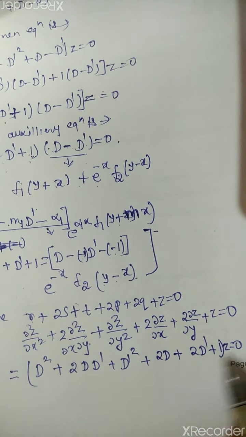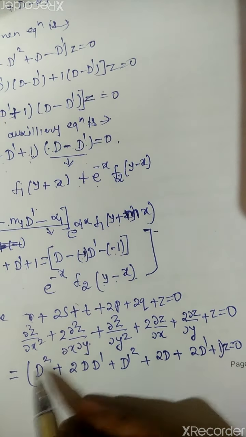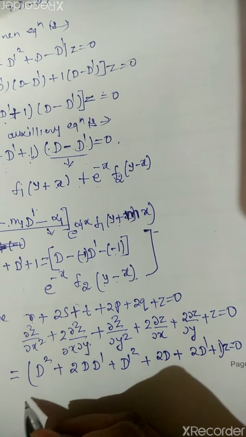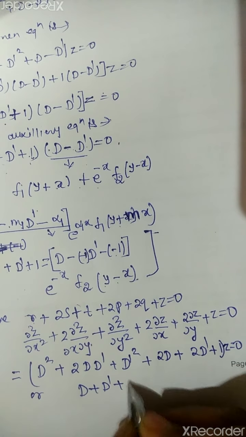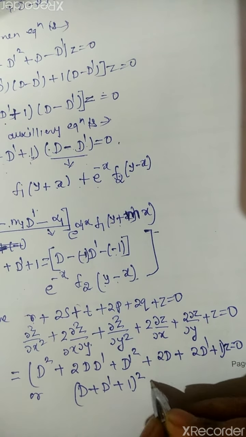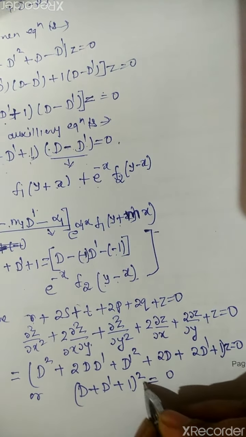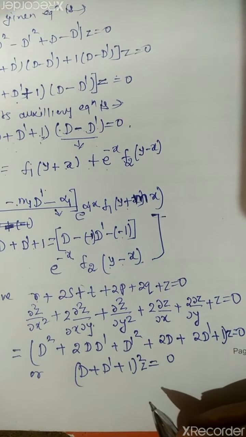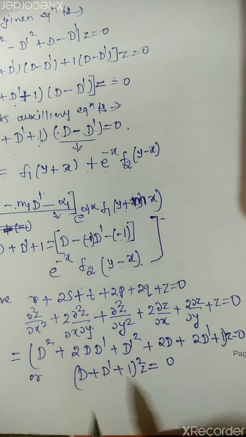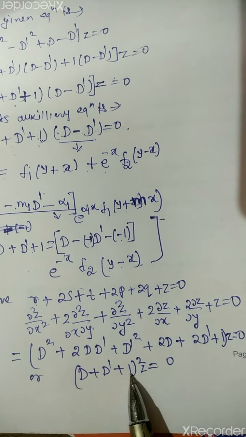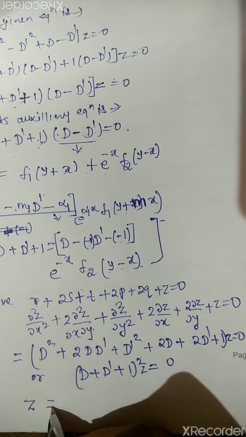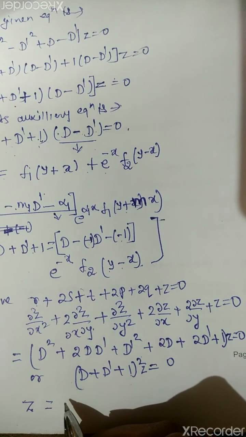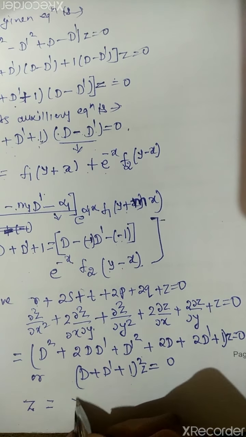So here after factorization we get, this is d plus d dash plus 1 whole square equals to 0. Okay, so the solution of this equation is, since here we get a repeated root, how much time? The 2 times. So the solution is z equals to, we will write it as e to the power minus